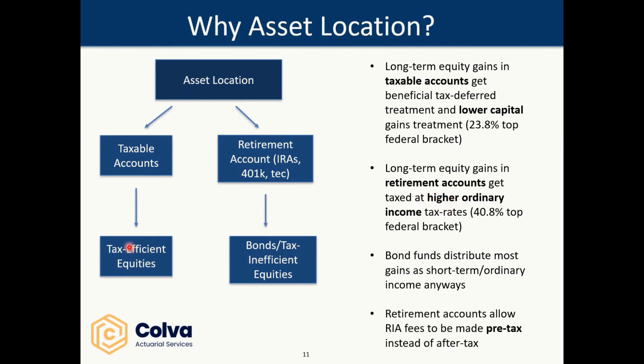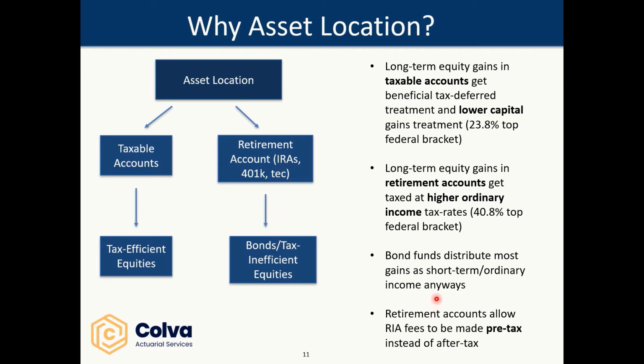In other words, if you take your long-term equity gains in a taxable account and move them over to a retirement account, and then you do a withdrawal, you're not going to get the low 23.8% tax bracket. You're going to get the 40.8% top federal bracket on federal ordinary income taxes. So that's why you want to put tax-efficient equities into taxable accounts, because you get the lower capital gains treatment. However, bonds and tax-inefficient equities, you want to focus on putting in the retirement accounts